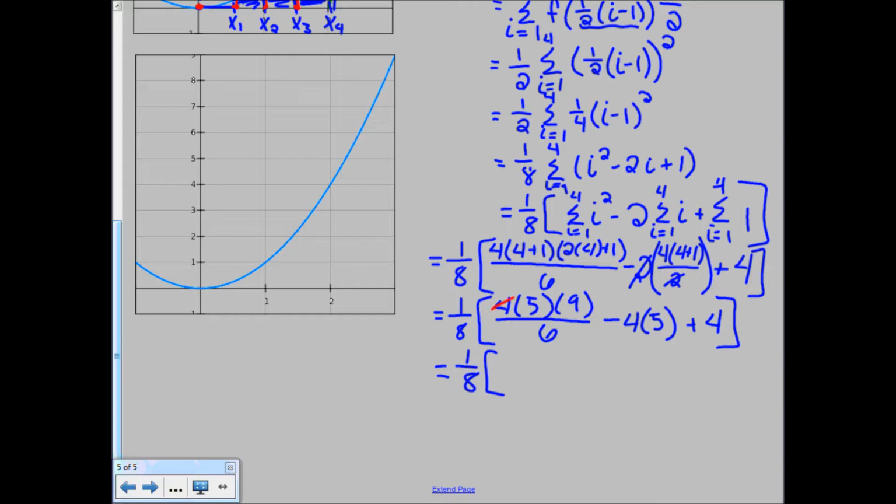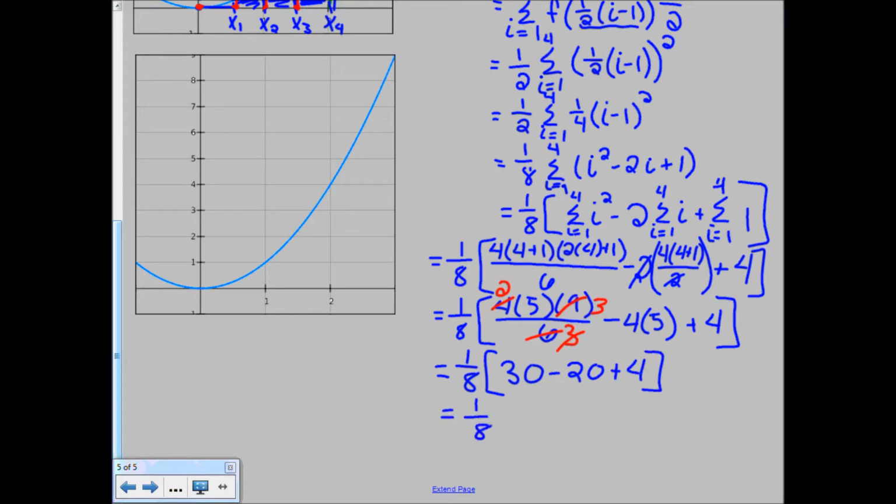We can divide the 4 and the 6 both by 2 and get a 2 in the top and a 3 in the bottom. Then we can cancel the 3 with the 9 and get a 3 up top. So when we do that, we're going to get 2 times 5 times 3. So we get 10 times 3, which is 30, minus 20 plus 4, which is just going to be equal